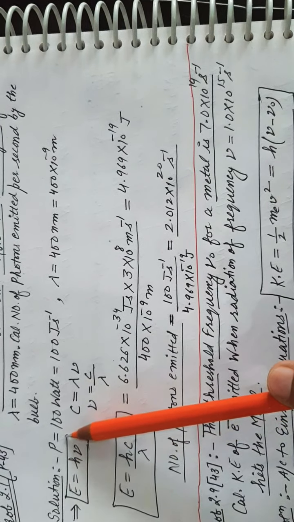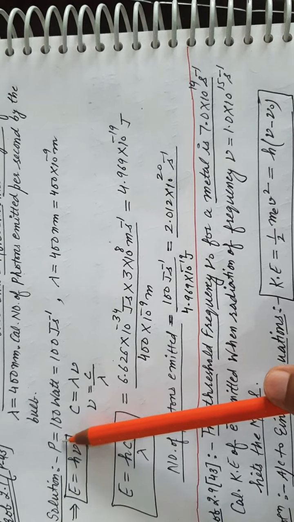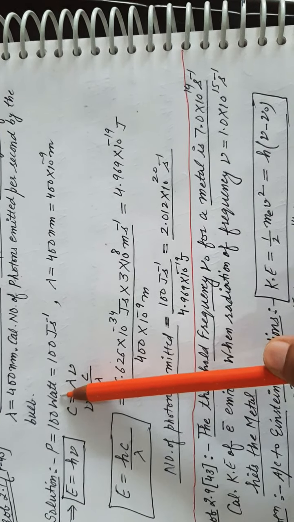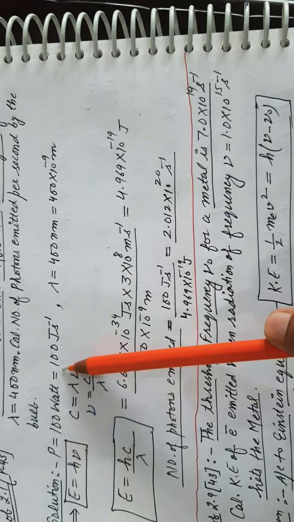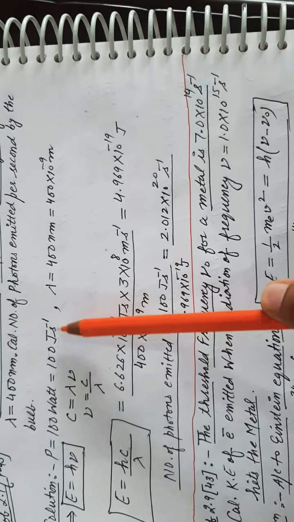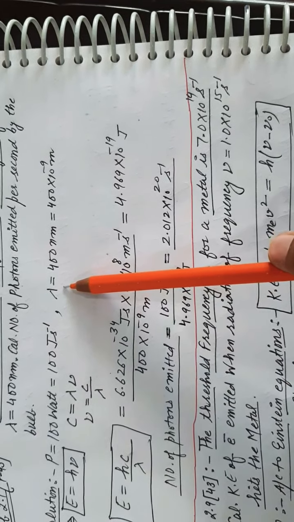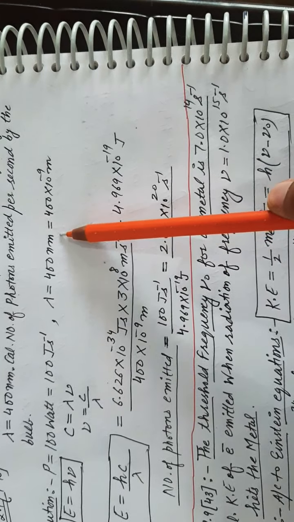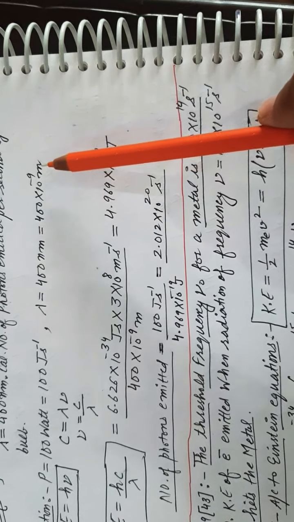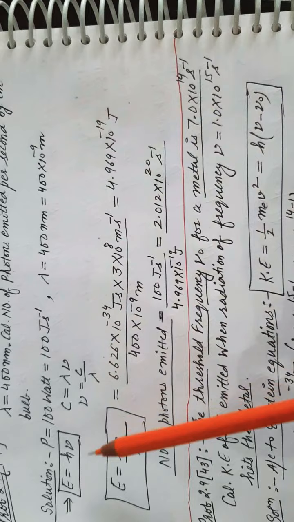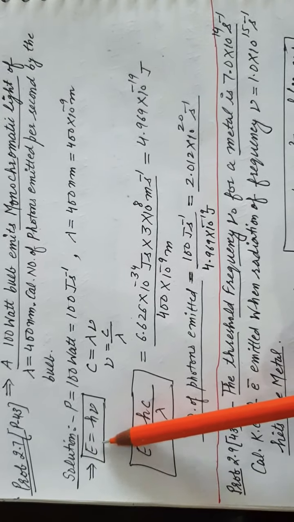So let's solve this problem. Let's check the given parameters. Power is 100 watt, or we can say 100 joule per second, that is the unit for watt, and wavelength is 400 nanometer, converted into meter, 400 into 10 raised to power minus 9 meter. And the expression for energy, as we know, is E is equal to h nu,